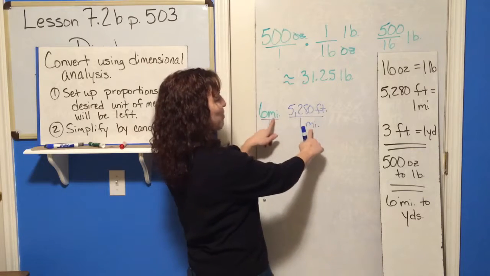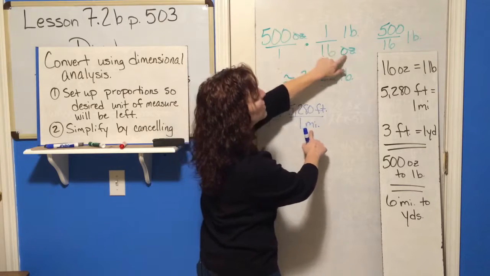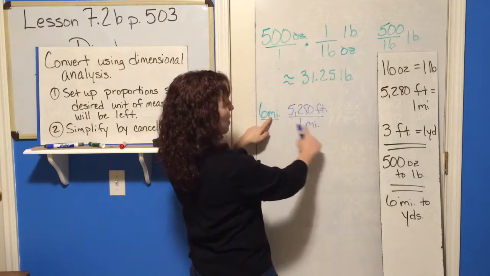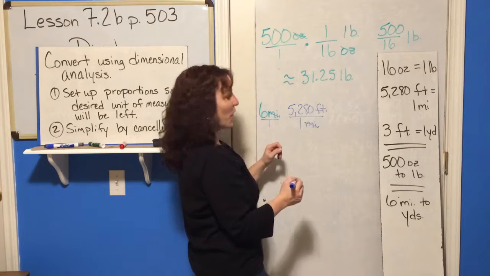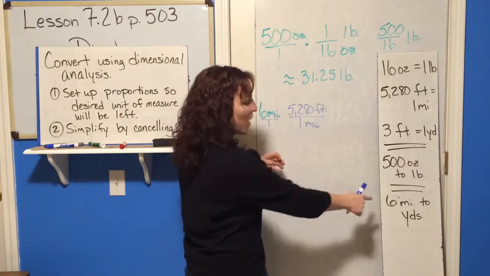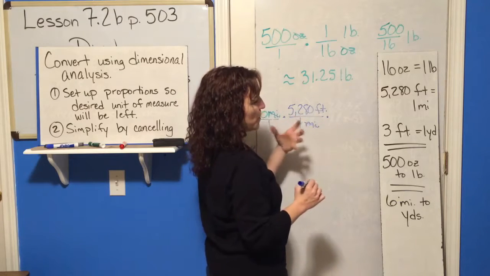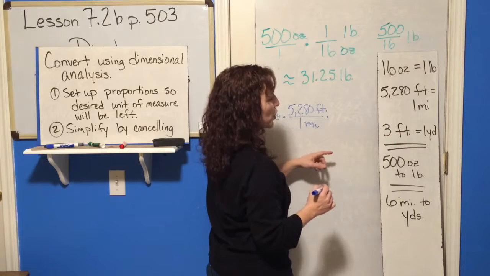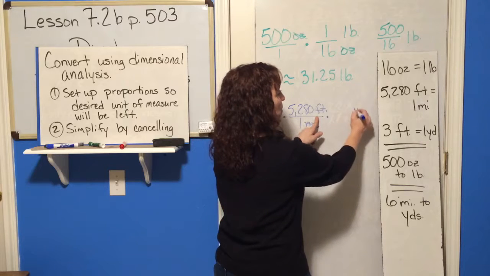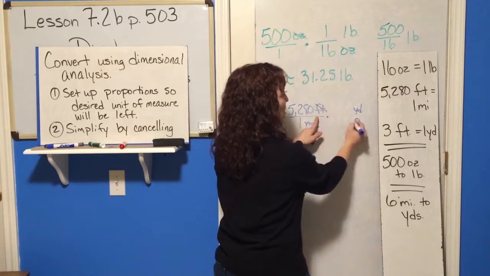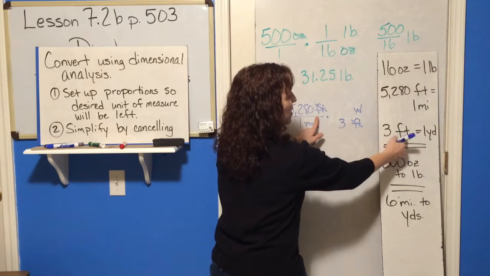5,280 feet are in 1 mile. And I put the mile on the bottom. See, the first time I had the number on the bottom, and that's because I care mostly about the unit of measure. I wanted the miles to be on the bottom so that the miles will cancel out. All right, now I'm into feet, but I want to go to yards. So now I happen to know that 3 feet equal a yard. So if I put the feet on the bottom here, then my feet are going to cancel out, and I will end up with yards, which is what I wanted. So put your 3 feet